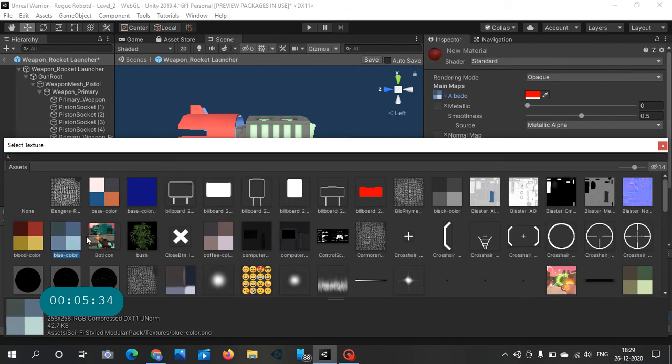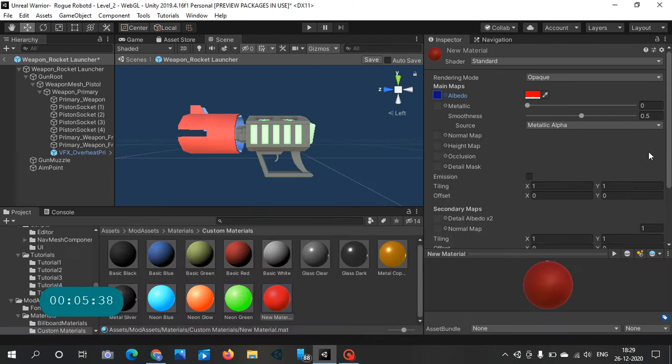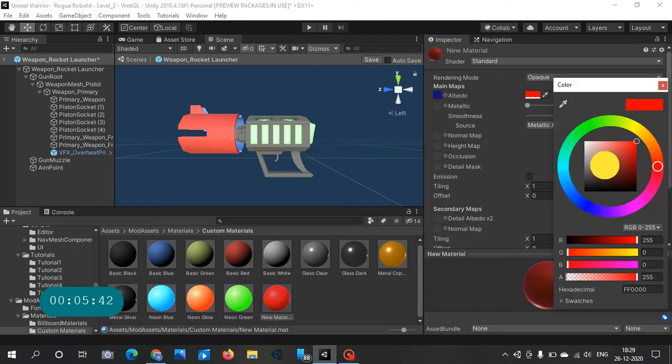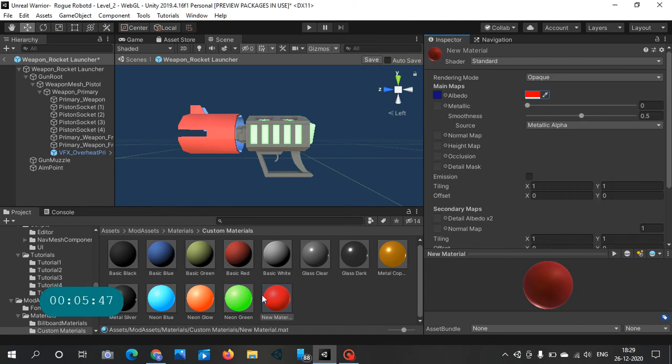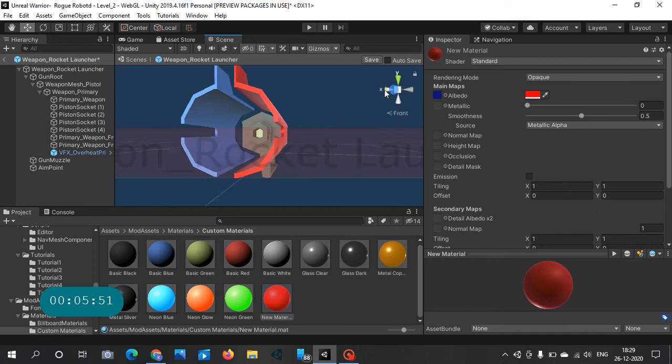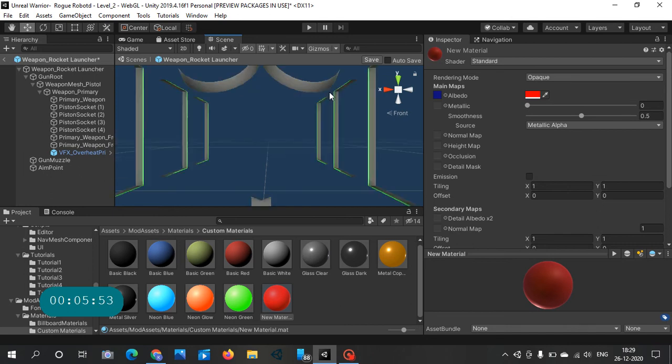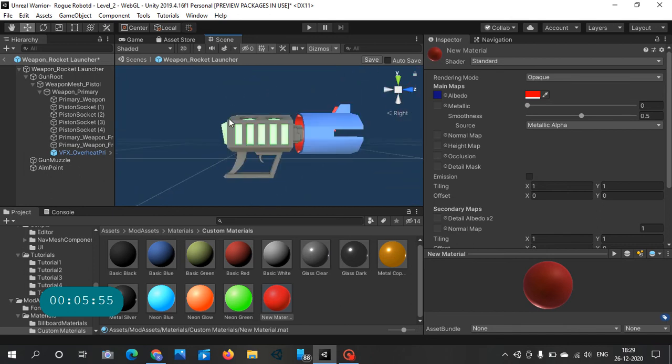Oh, so we can do that. Okay, so we need this real green. It's fully reddish. It's like a magnetic gun. But we cannot make it